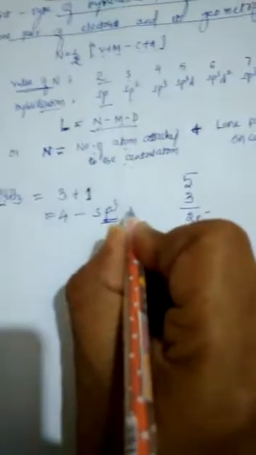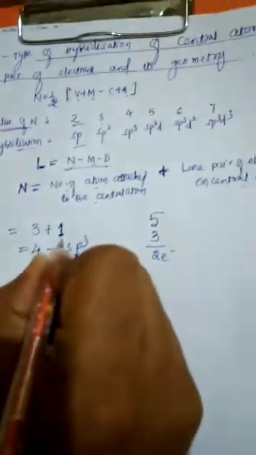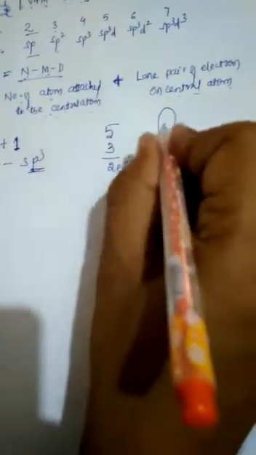2 electrons make 1 pair. So 3 plus 1 is equal to 4. Again, if the value of n is 4, it is sp3. But the geometry is not tetrahedral; it is distorted tetrahedral due to the presence of one lone pair of electrons. You know the geometry of the ammonia molecule: at the apex you can see one lone pair of electrons and three hydrogen atoms. Hence it is known as pyramidal geometry.